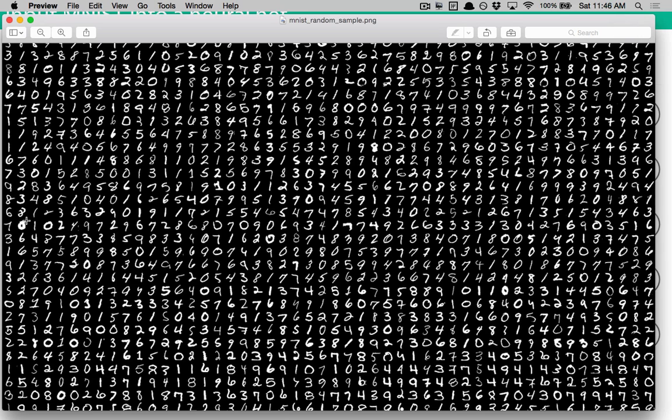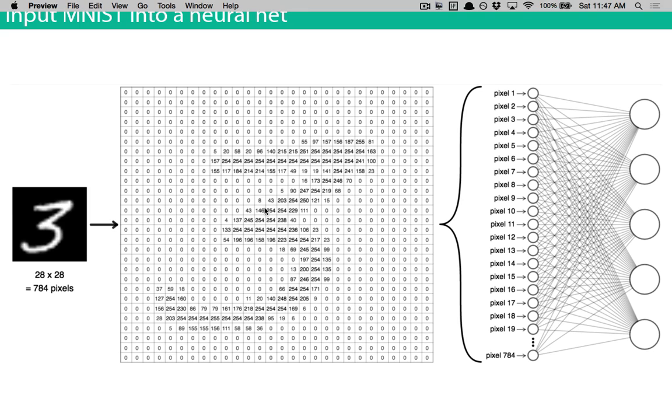A good question to start with for training a neural network is, how do we use a neural network so that it's able to classify handwritten digits? So the way you would do that, and just remember the forward pass demo, we're going to set up a neural network architecture so that we can classify MNIST digits.